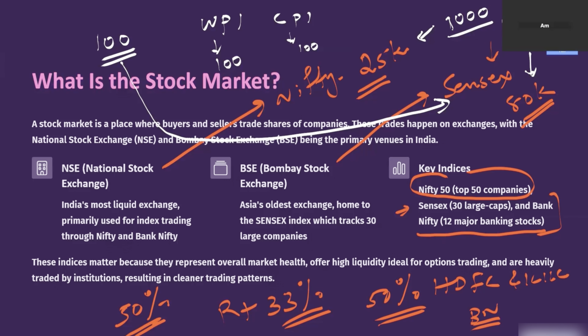That market is falling or something like that. So when Nifty started, it started from 1000, and from there now it has reached 25,000. So these are some basic things which you need to know about Nifty,